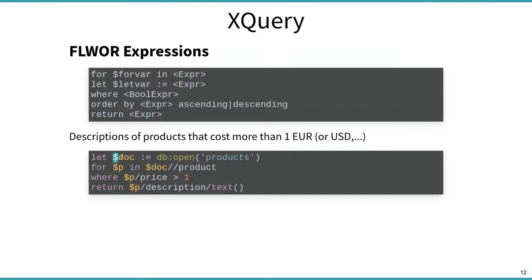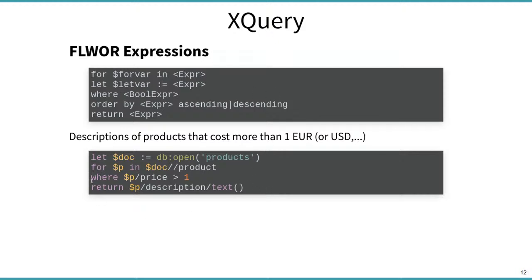So we say document is the whole database that we open here, the XML document. Then we iterate over the product elements within that document. We call them P, and then we filter out those which do not fulfill this predicate P/price greater than 1. These are those which we do not want. So we only want expensive products, and then